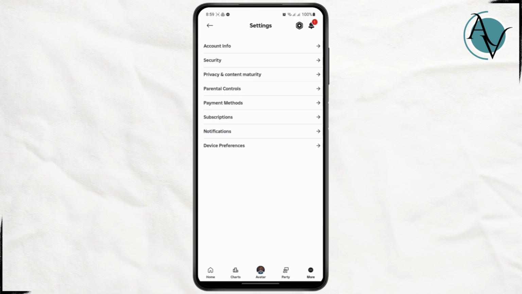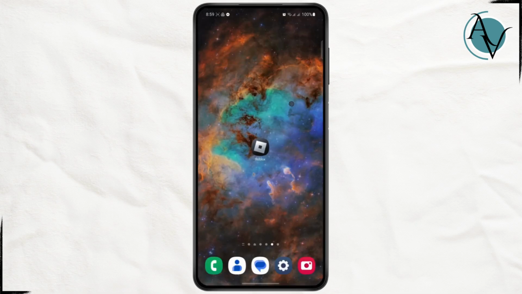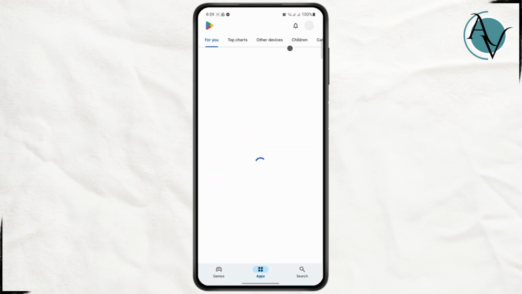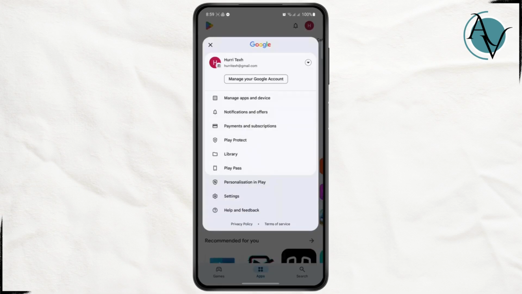And once you have done that, you are going to head over to your Play Store. And once you open up your Play Store, you are going to go ahead and connect your payment method to your Play Store. So just tap on the profile icon and tap on payment and subscription, and on your payment